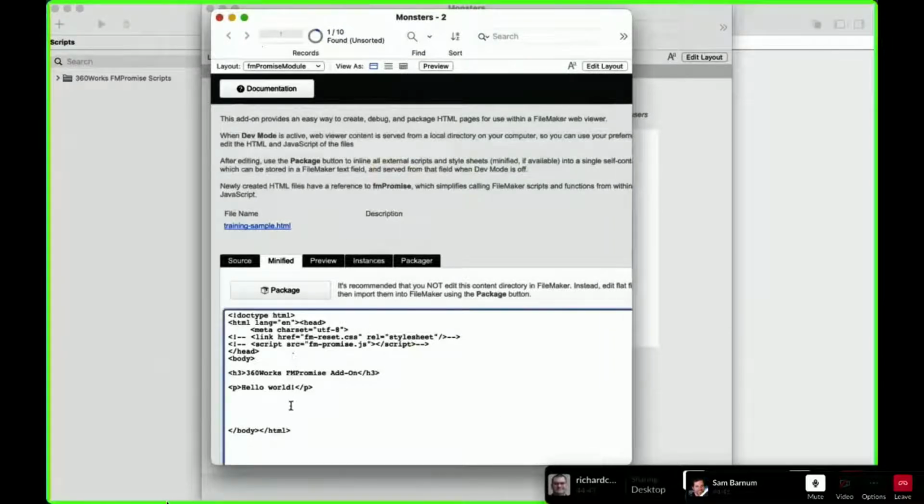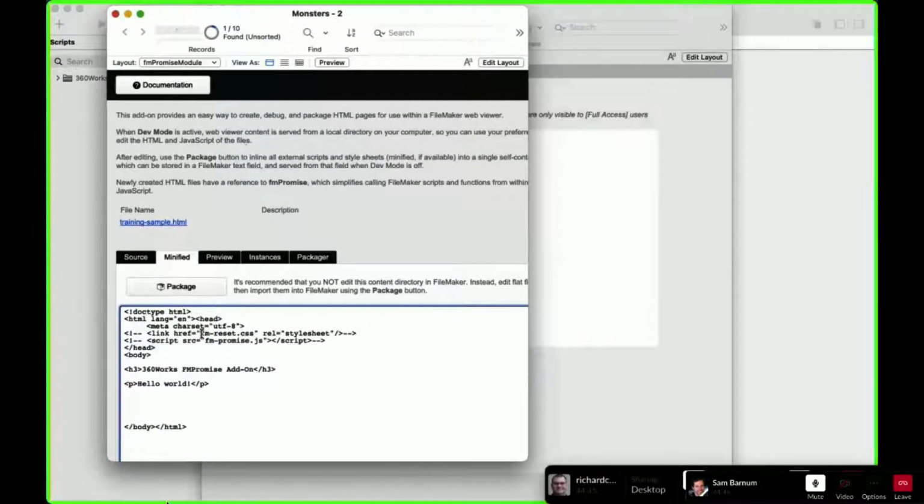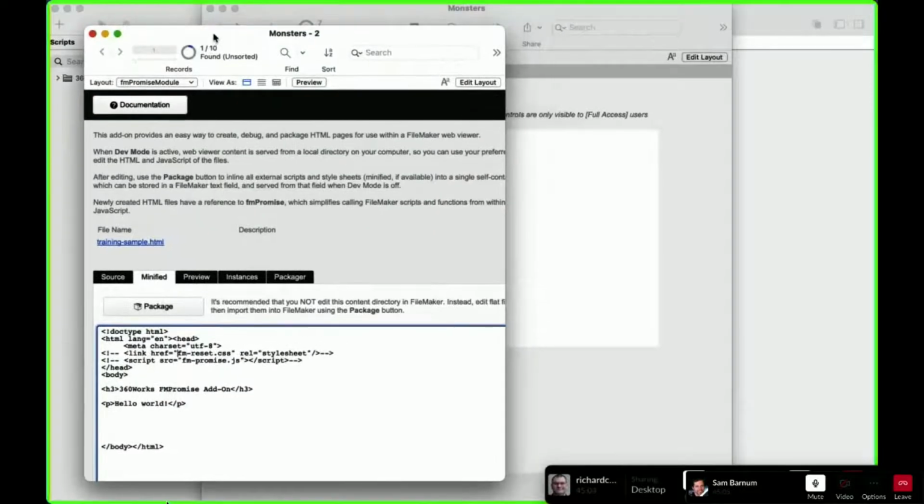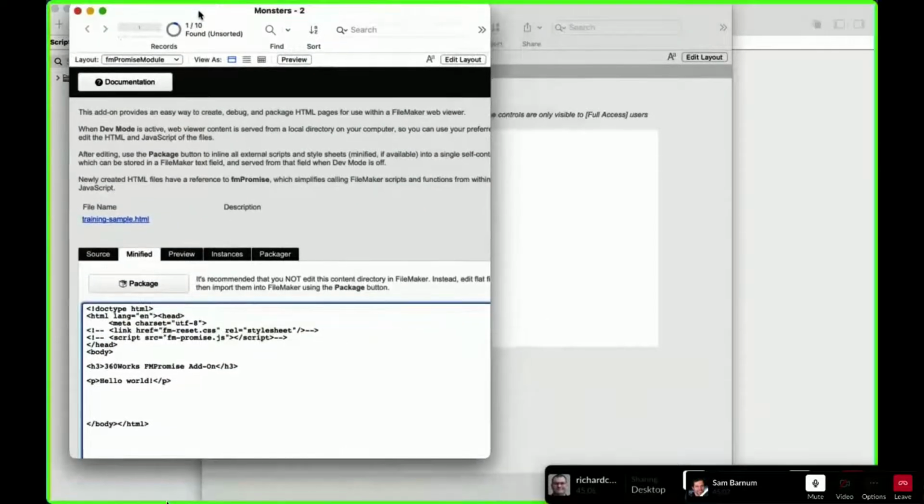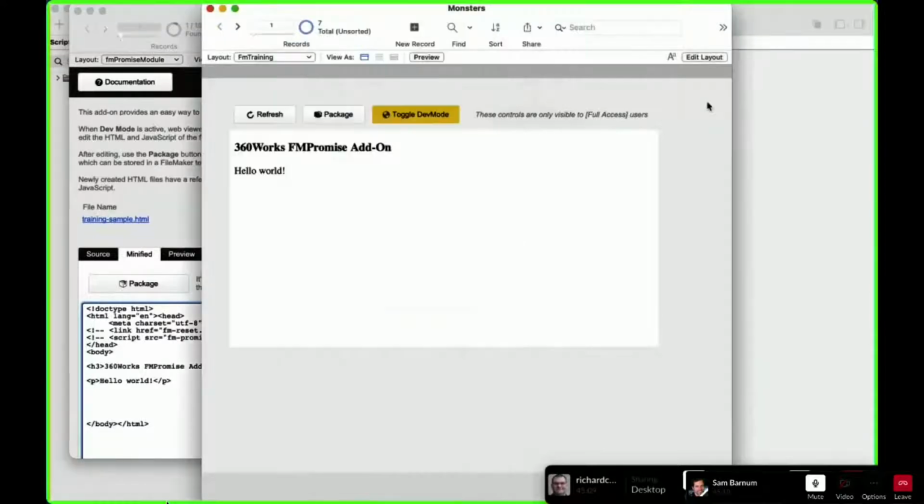Okay. I could do this. This part I could do. That's not saying much. It's just something I'm instantly comfortable with because we're back to HTML. But even this, what's cool about it is that it does it for you. You don't have to copy the contents of your file and put it in a table somewhere and configure your web viewer to point to one thing when it's in dev mode and another thing when it's not in dev mode. It really makes it easy to add your own custom HTML stuff.